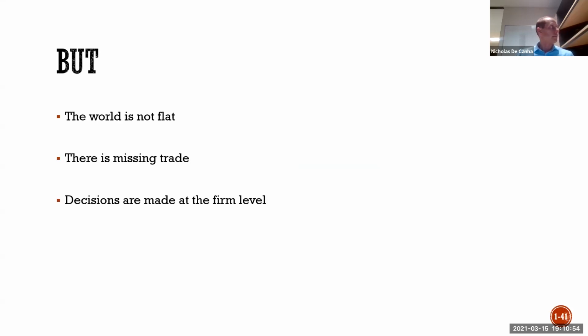All right. So the world is not flat and there is missing trade. So we spoke a little bit about FDI, and we talk about trade as occurring at the firm level. And we've already made some comments about this. Trade occurs in an environment created by governments and by regulation, but the actual decision occurs at the level of the firm, right? So countries don't need trade, firms do. So we're going to ask you,